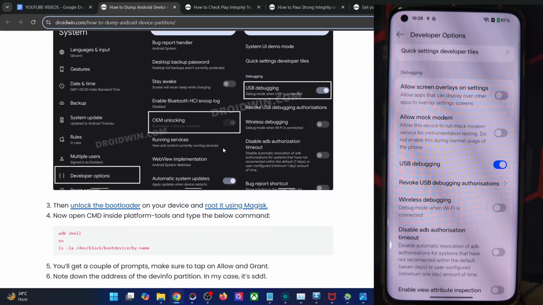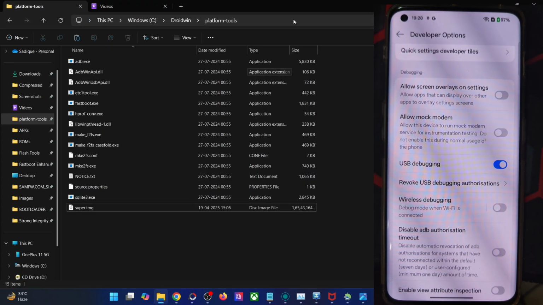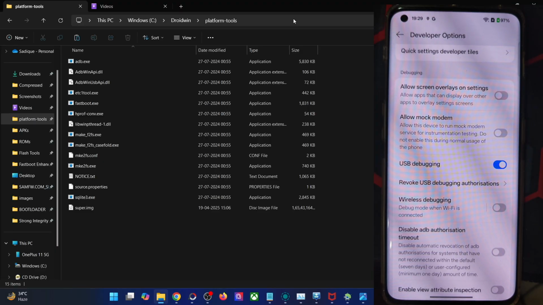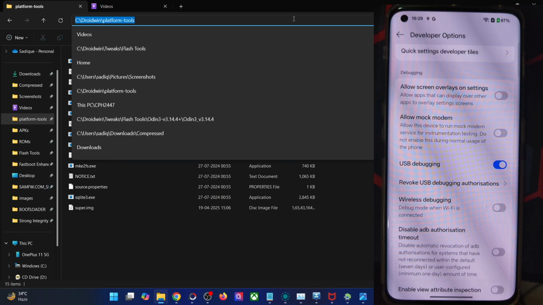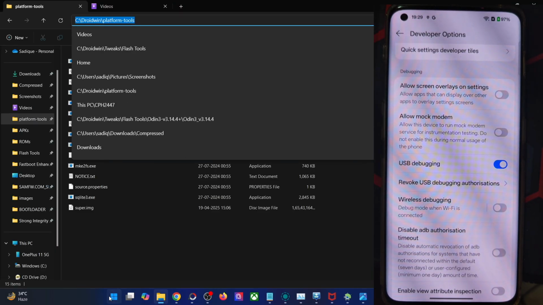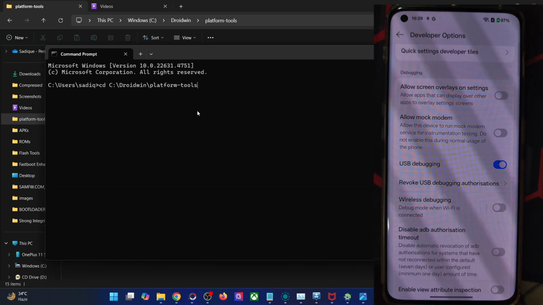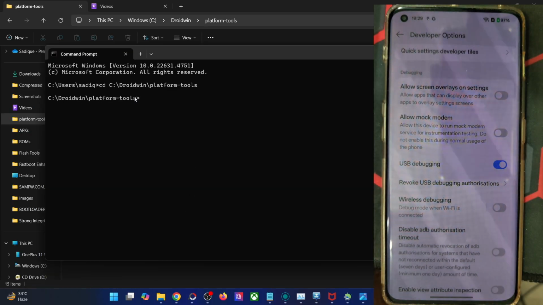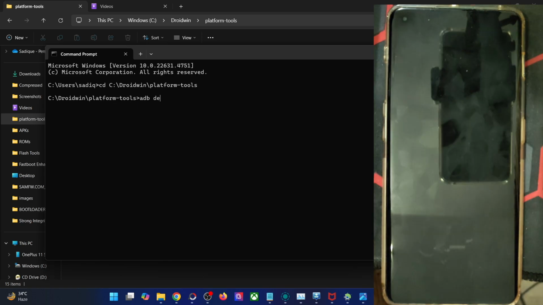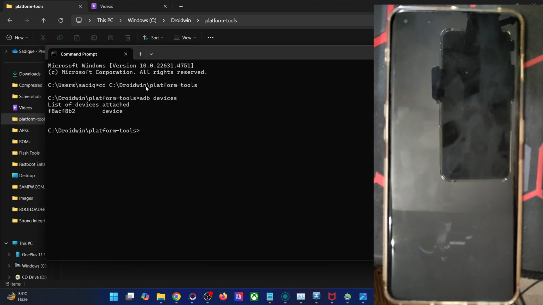Now we will have to list out the names of all the partitions and their addresses on your phone. So for that, you have to type in these 3 commands. So go to the platform tools, type in cmd in the address bar, hit enter. This will launch command prompt inside the platform tools directory. If that does not happen, copy the path of platform tools. Go to cmd from the start menu when you open it. Then type in cd space, paste the path of platform tools, hit enter, and you are now inside the platform tools directory. Once that is done, now type in adb devices and verify that you are getting an ID.